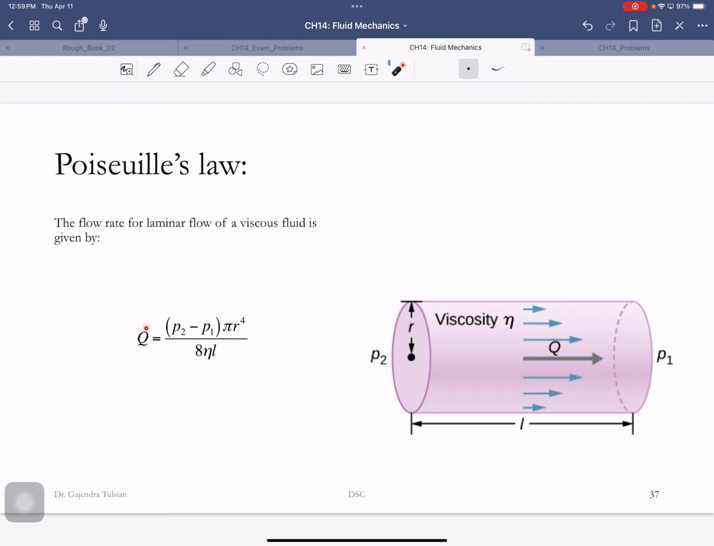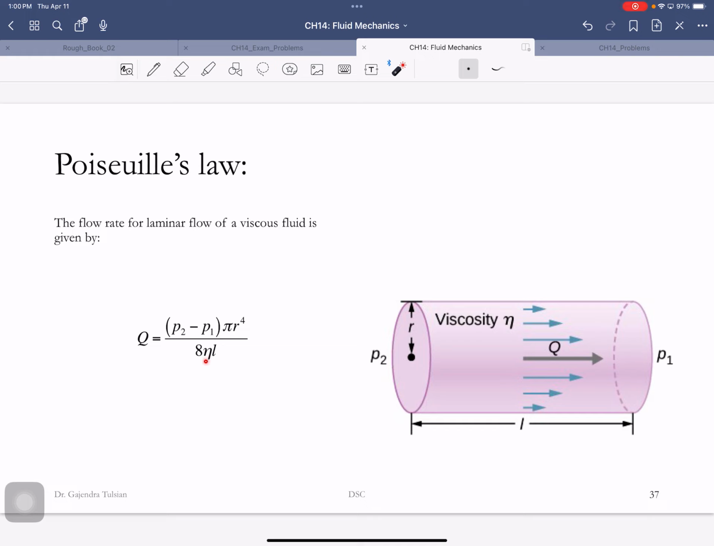So there's the flow rate through a pipe. Here's the pressure difference that you have to maintain to maintain this flow rate. The flow rate is in gallons per minute or whatever. There's the pressure difference. And there's the viscosity, which measures the